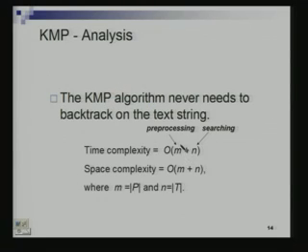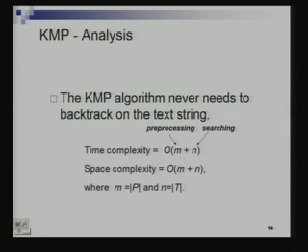Recall that the size of the pattern was m. The size of the text was n. What one can argue is that the time required to compute the array H is only order m, the size of the pattern. And the time required to do the searching we just saw is order n, the size of the text. So, the total time therefore is order m plus n. I have not told this part to you yet. Why can computing the array H be done in order m time? Let us see why.